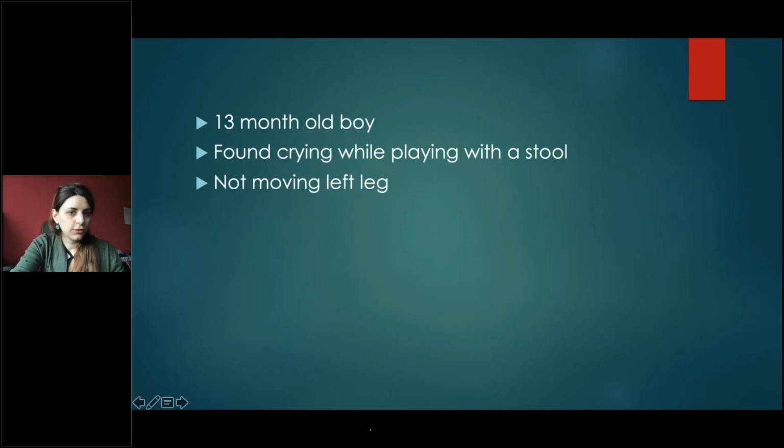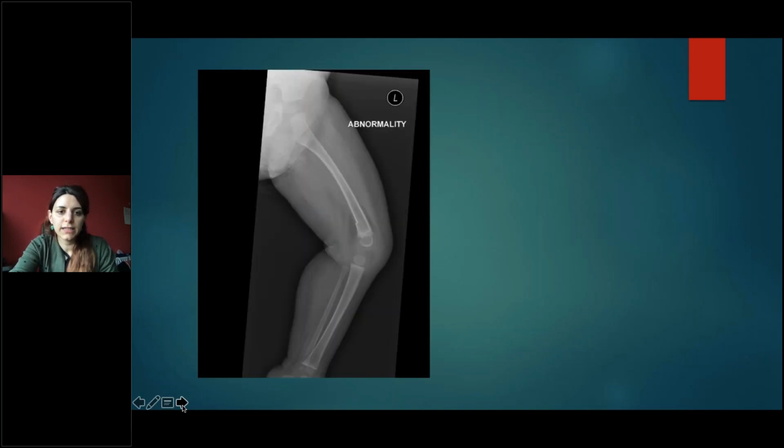I'll quickly move on to femoral fractures because I feel they're very important for pediatricians. Most of us have some idea, but we don't want to fall into serious traps with these ones. So this is again a real case. We had a 13-month-old boy come to A&E that was playing in the hallway of the house while the mother was cooking, keeping an eye on him, and she just heard him crying and found him crying sitting on the floor. She says he was playing with a stool at that point, and she noticed that he wasn't moving his